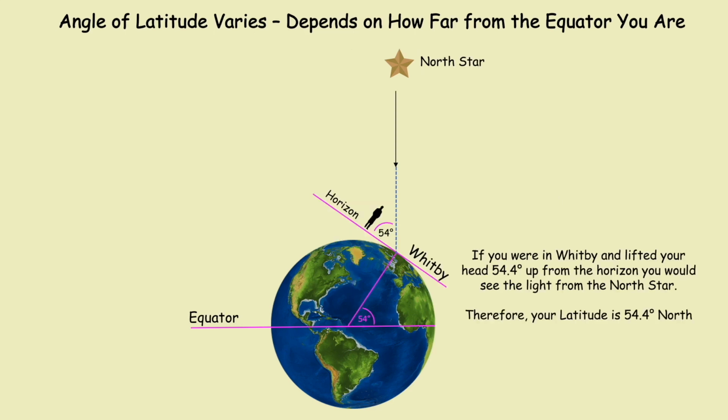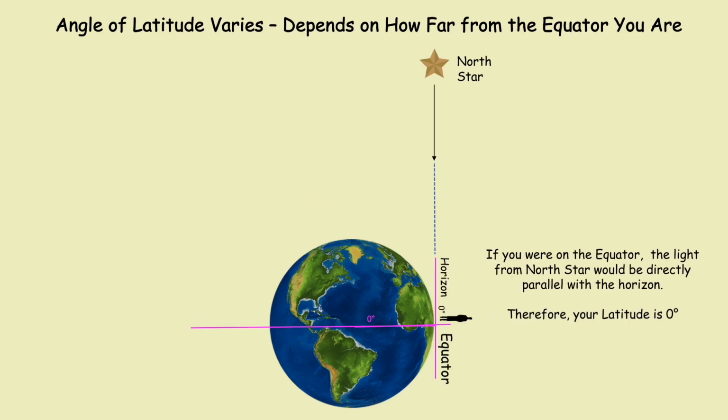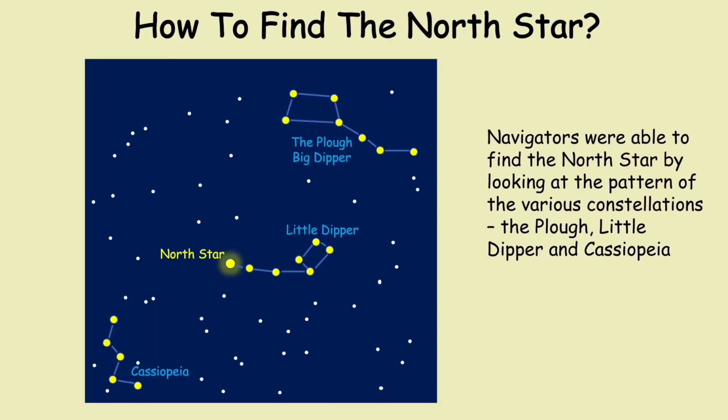Likewise, if you did the same at Whitby, you would need to look up 54.4 degrees, so that your latitude there would be 54.4 degrees north. And likewise, if you were on the equator, the light rays would be parallel with the horizon, so your latitude would be zero degrees. So therefore, as an explorer, we first need to find the North Star by reference to